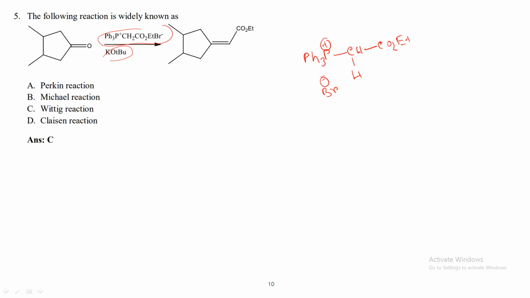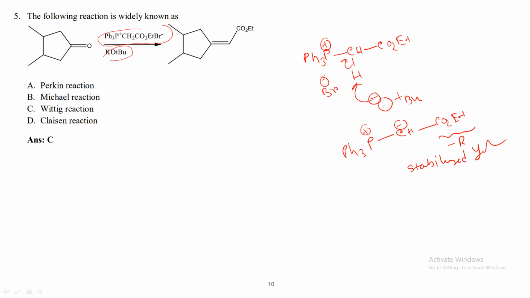So in presence of potassium tertiary butoxide, a pretty strong base, and this is an acidic proton, so it can abstract the proton over here. So Ph3P plus CH minus and CO2Et. So as this is an electron withdrawing group,